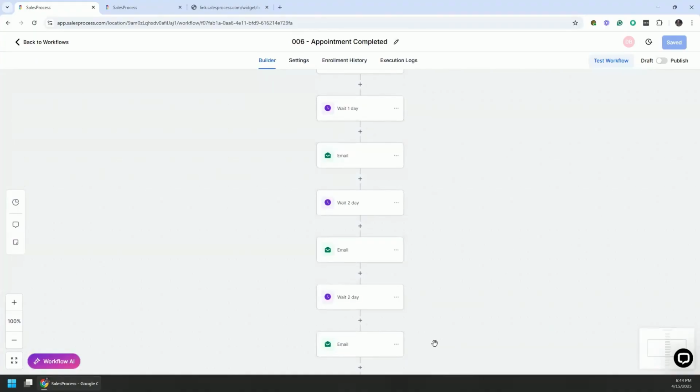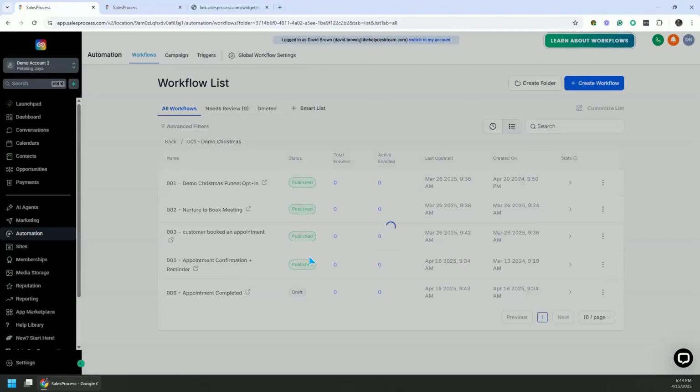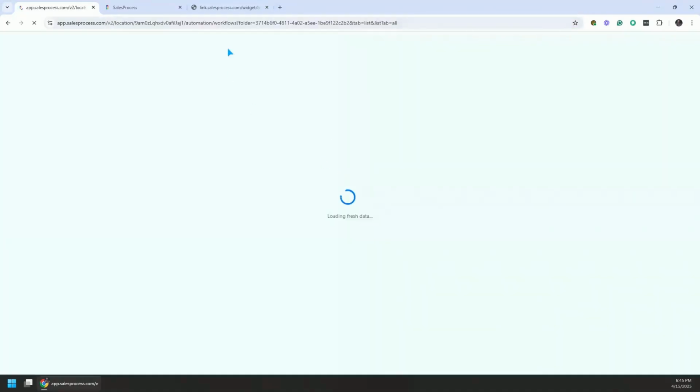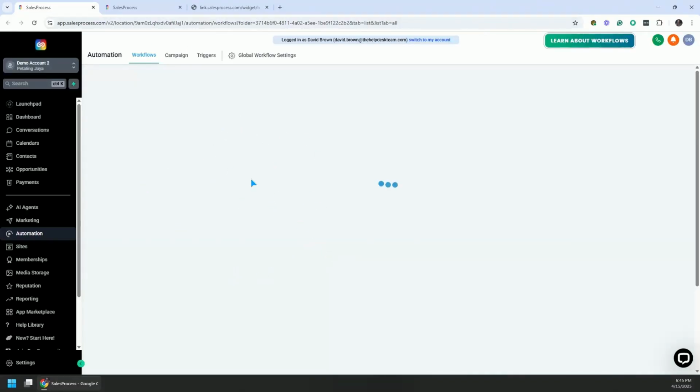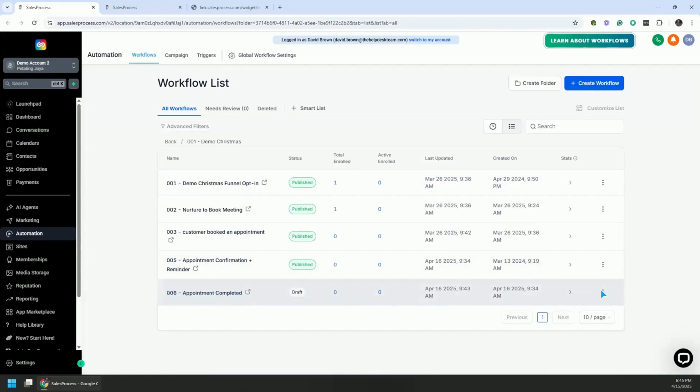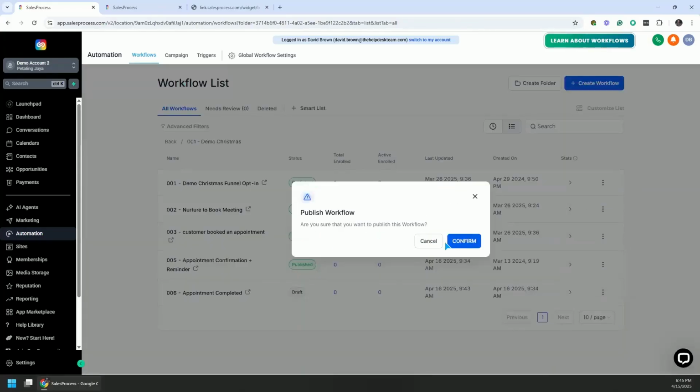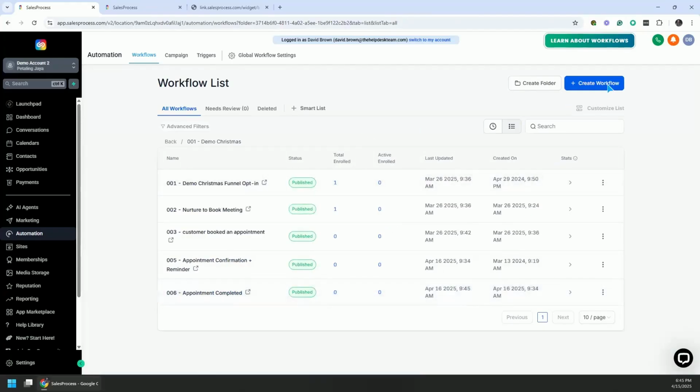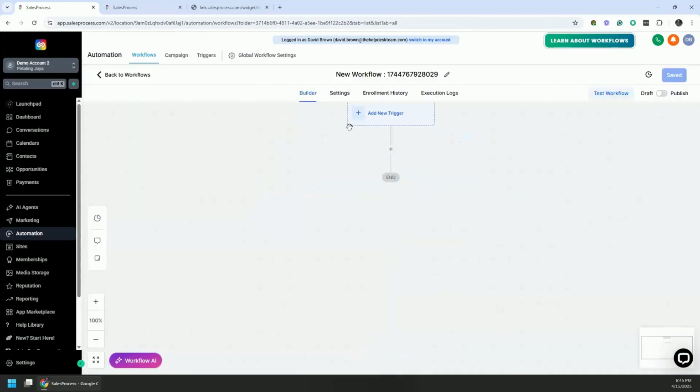But when he's a no show for the meeting, we need another workflow. Okay, let me publish this one too. Okay, we need another workflow for this. Let me publish this first. Publish this workflow as well. And let's create another workflow. And this one